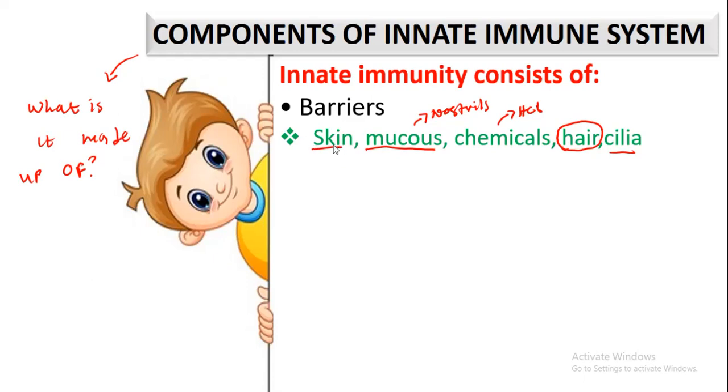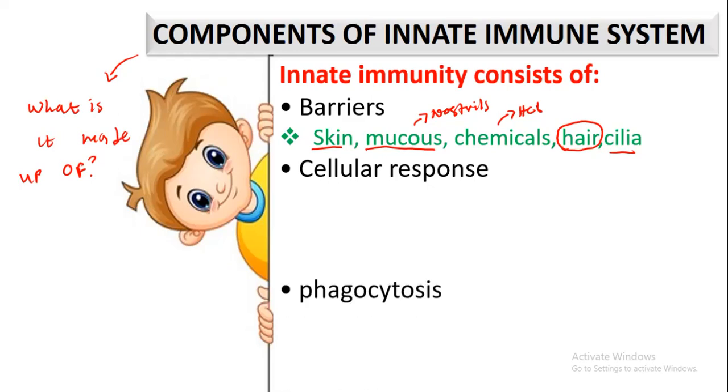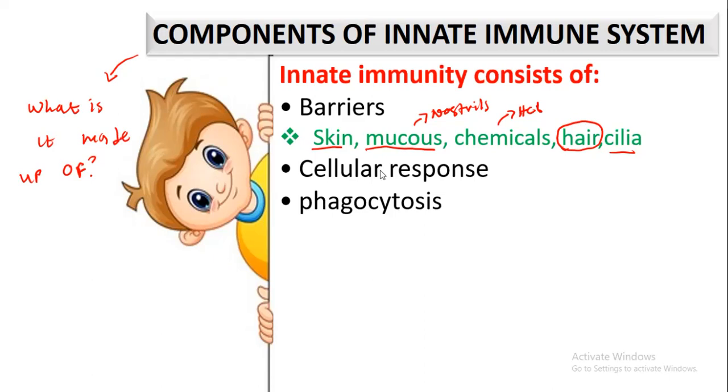The skin, I'm sure I've already explained how the skin helps to prevent foreign bacteria from entering the human body. So, like I said, the innate immune system is made up of the cellular component. The cellular components play a role in so many ways, and one of the roles they play is the process of phagocytosis. So the question is, what is phagocytosis?